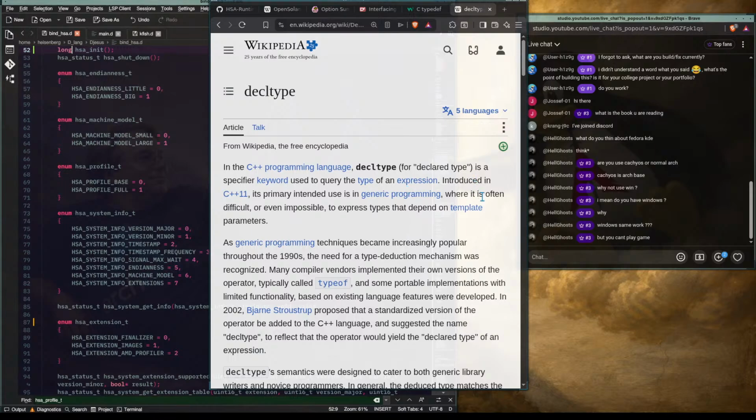Oh, wait a second. Expression is like a function. So what if, wait, what? Query the type? So like this is an implicit. So like instead of writing a type,